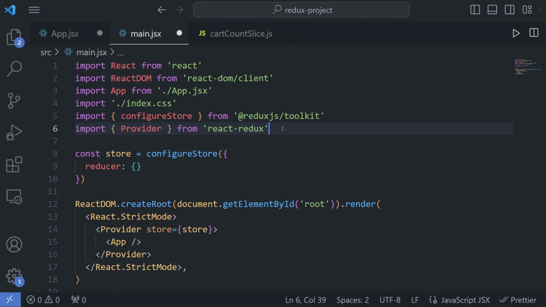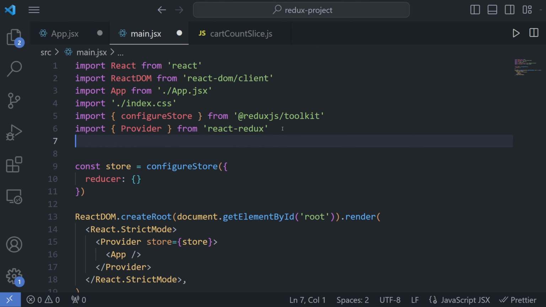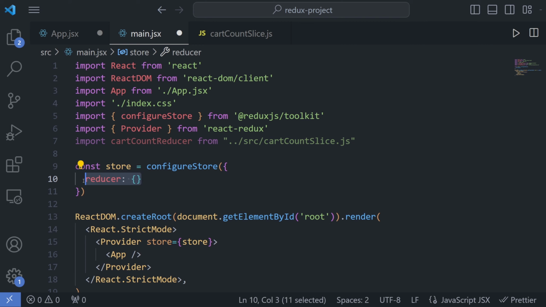And then we need to import the reducer that we just exported. So to do that, I can type import cart count reducer, if I can type it right. And this should be from source/cart_count_slice.js. And this is now where this empty reducer object comes into play, and we can make it so that